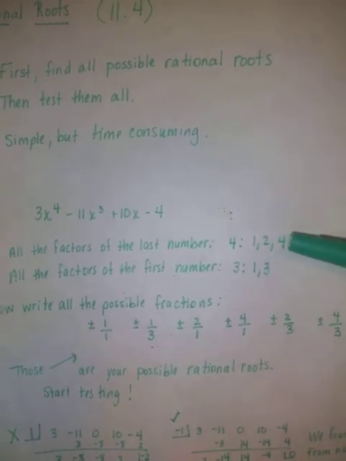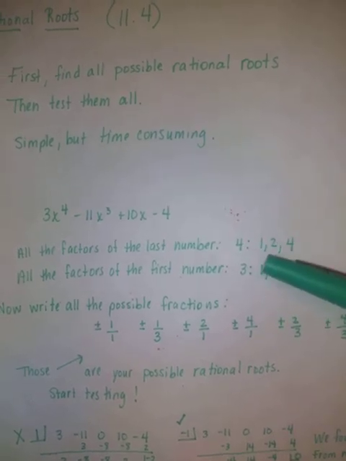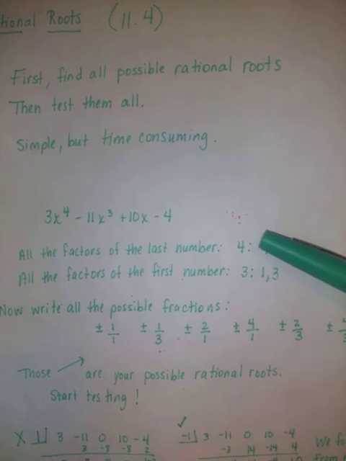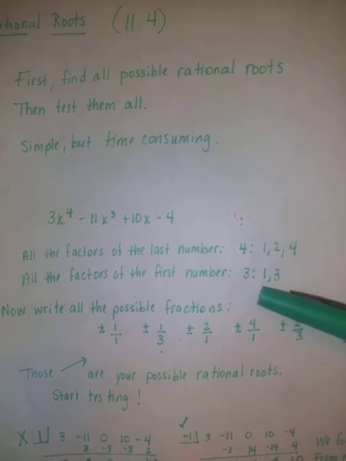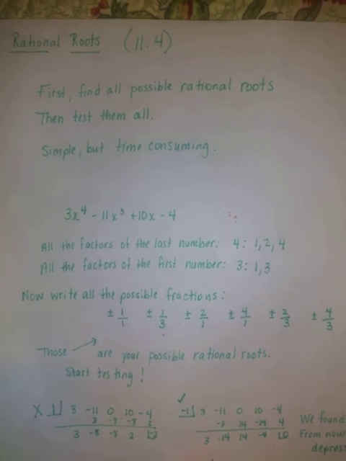So first the constant, then the leading coefficient, and then we make all those possible fractions with constant on top, leading coefficient on the bottom. And then just check them for what feels like